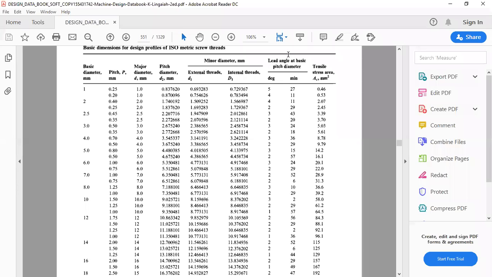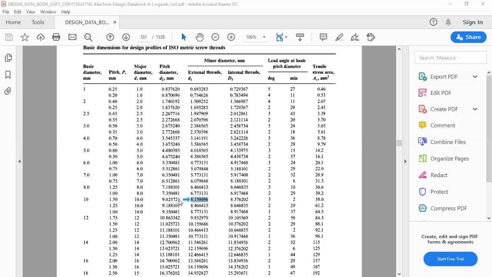If I have got the DC as 7.7 mm, then I will see that just above 7.7, I have 8.15. Can you see that? I will go with 8.15 if I have 7.7.